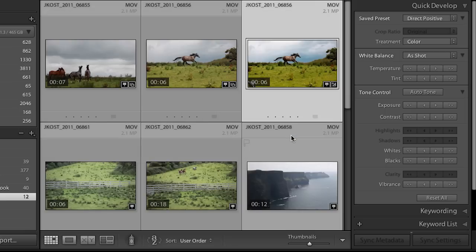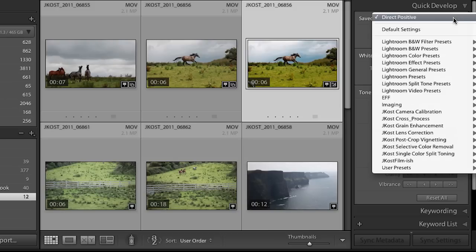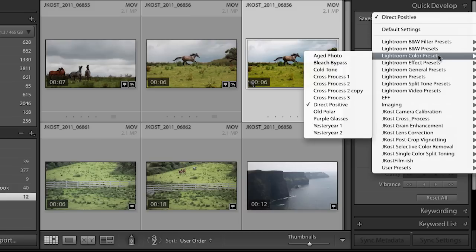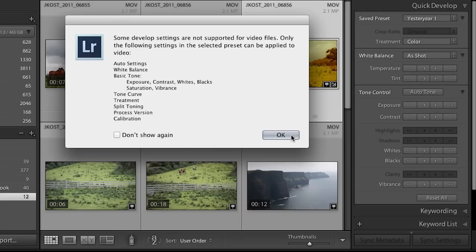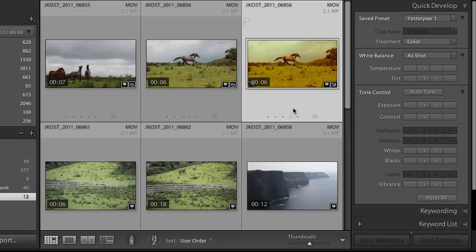But I'll click OK, and we can see that we've got a little bit more saturated, a little bit more contrasty video clip here. If I don't like that and I want to change it, we can quickly just go and apply something else, maybe this yesteryear. Again, it tells me what's going to be applied, and click OK. So that's great for applying presets, as well as applying kind of this limited number of